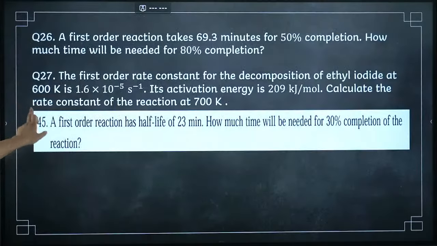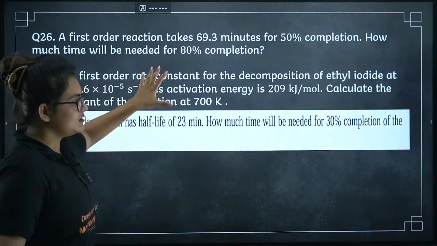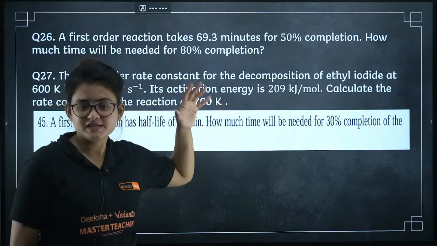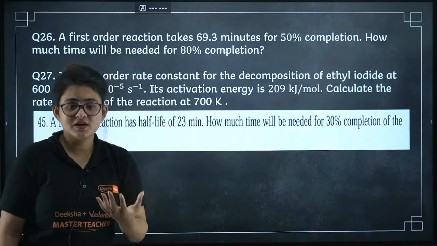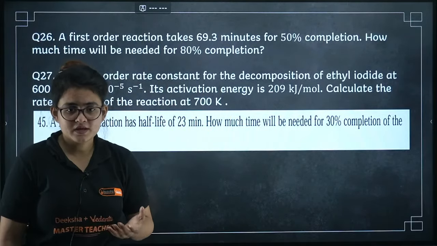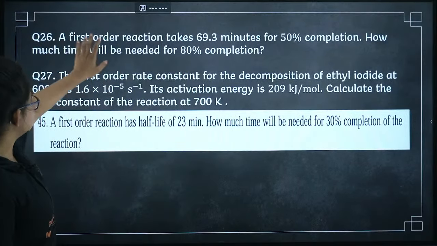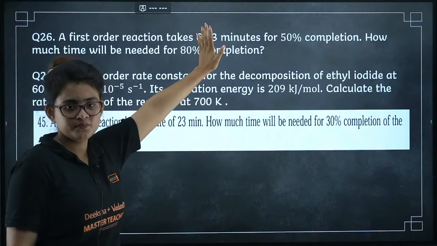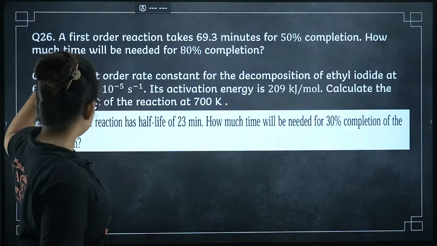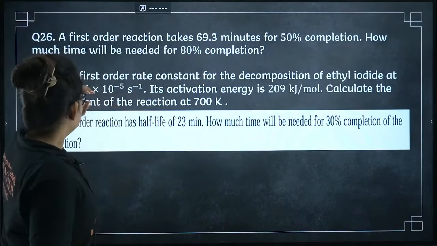Let's proceed. Here come the numericals. I have taken very few, very selectively chosen, so that you understand from which zone the numericals may come. Okay, first, this particular one is a first order integrated rate law problem that you have to do. This one type I will do. Let's do this one.